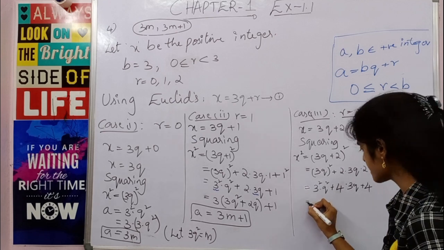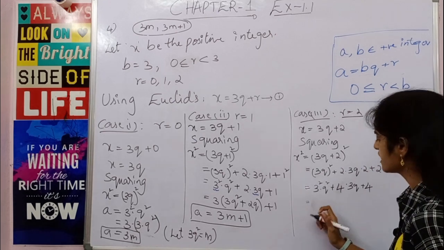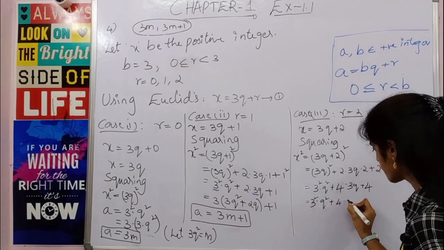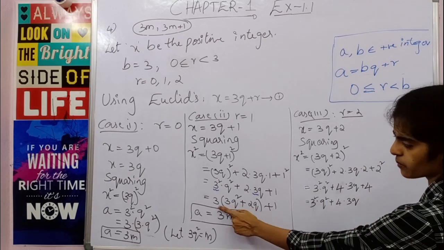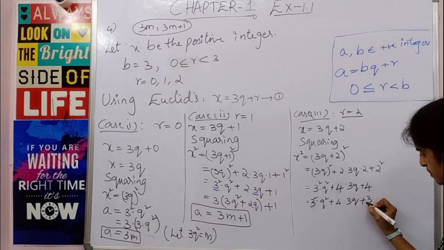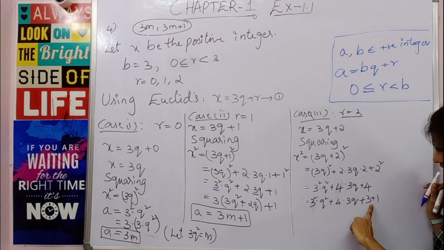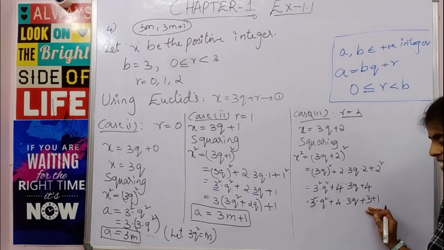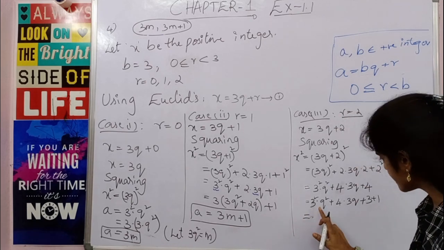Okay, so this is nothing but, now this 4 I can write as 3 plus 1. Yes, now let me show it is 3 square into q square plus 4 into 3q. I am not solving this, okay, because anyway we are going to take common, okay, in this way. So plus here I can write as 3 plus 1. Why? Because if I write as 3 plus 1 I can take 3 common. Okay, 3 common in this. Clear? So that is the reason I am writing it as 3 plus 1. Okay, now it depends on the question. Clear?